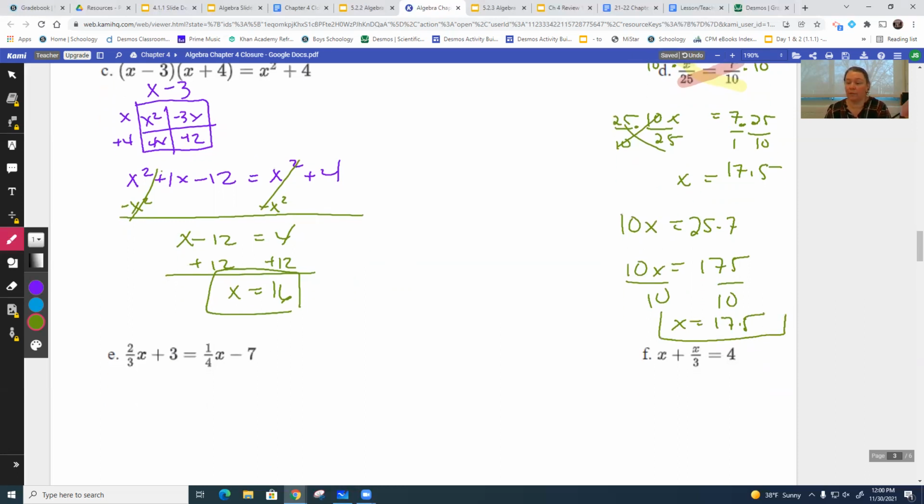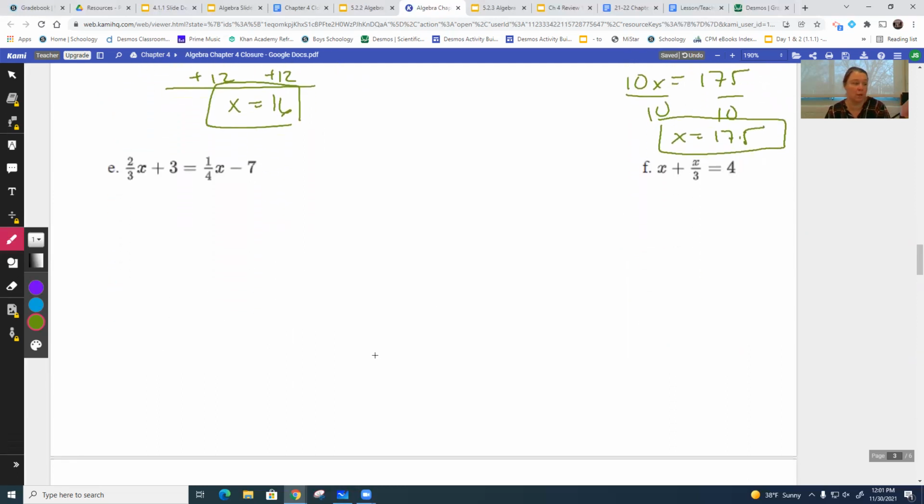All right, looking at E and F, I see fraction fun. I don't like those fractions. So what I'm going to do is use this strategy where I multiply through the entire equation by the common denominator. So what's the number that 3 and 4 divide into, which would be 12. So I'm going to multiply everything by 12 to get rid of the fractions. So 12 times 2/3 x. If I go across the top, that's 24 over 3, so that's 8x. Plus 12 times 3 is 36. Equals,